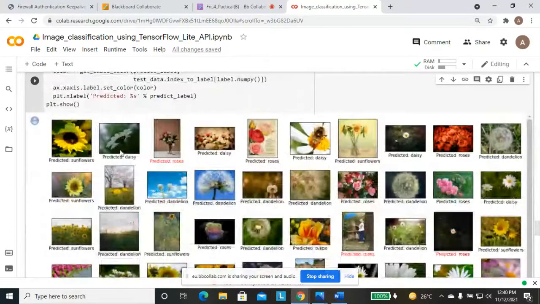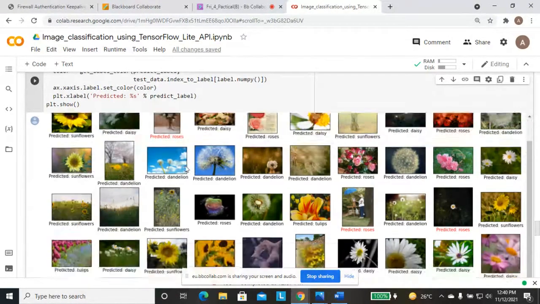Here you can see sunflowers, it is the actual prediction, so it is black. Here for roses, the predicted label was roses, but in the defined label it was something else. Because of the mismatch, it is red.